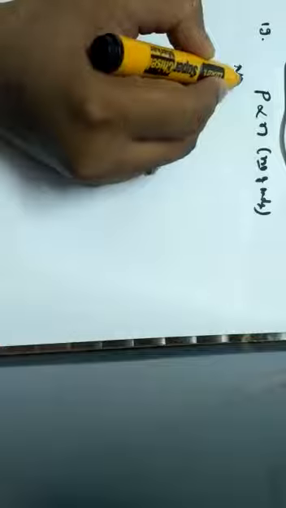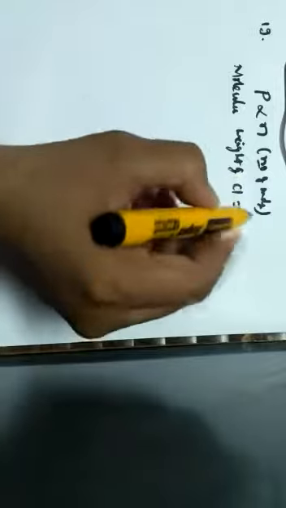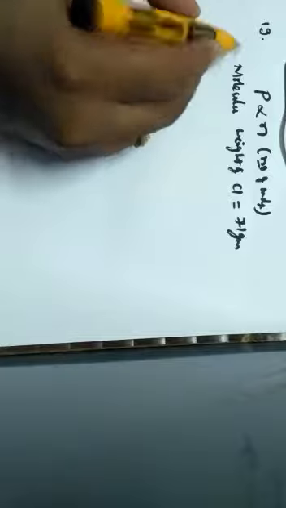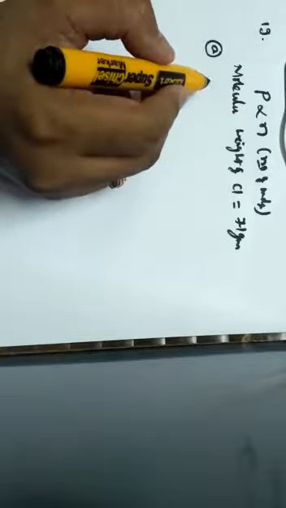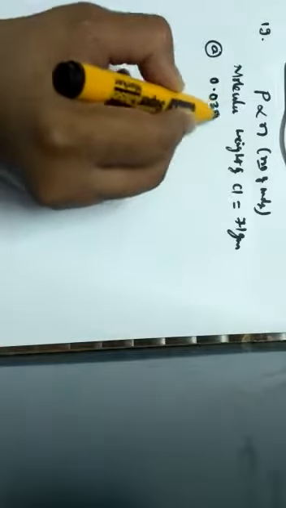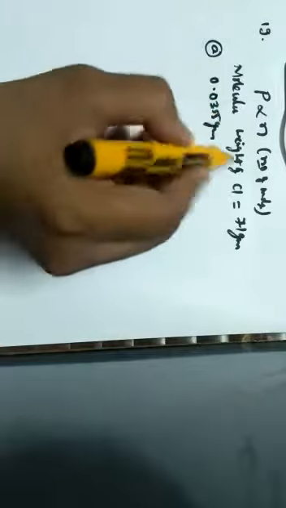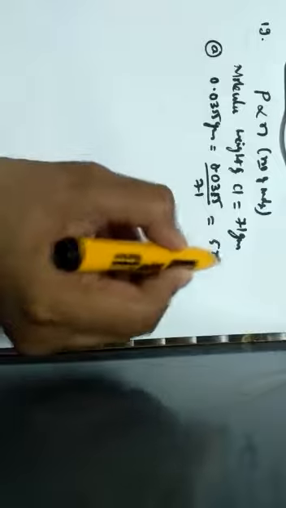We know that the molecular weight of chlorine is 71 grams. Therefore, the first option is given as 0.0355 grams. 0.0355 grams is the given mass. Molecular mass of chlorine is 71, which comes out to be 5 into 10 to the power of minus 4 moles.